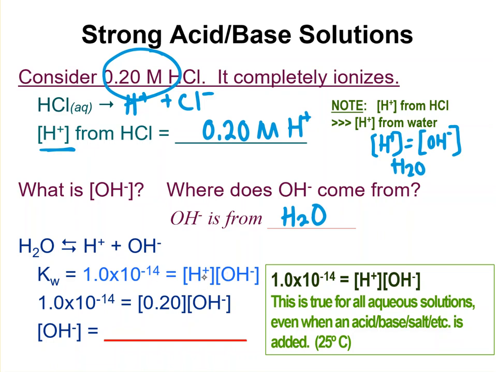And so what happens is, if you do something to increase this, it's kind of like a common ion actually, right? We put in this bigger number here versus the 1 times 10 to the -7th, and that makes the hydroxide ion concentration decrease, but it's still there. So if we solve for hydroxide with this, we're going to get